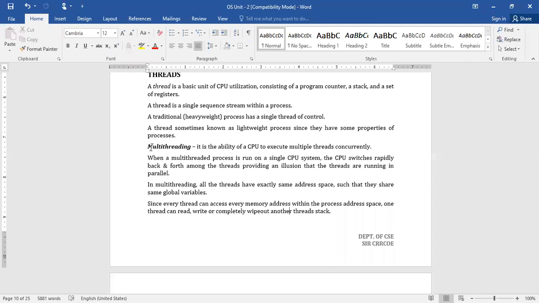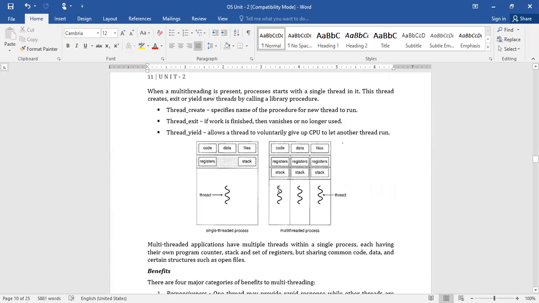And then we have two types: single thread and multi-thread. Multi-threading means the ability of the CPU to execute multiple threads concurrently. You can observe this diagram. Here we'll have multiple threads. Observe the diagram carefully. The common part which is shared among all the threads is code, data, and files.